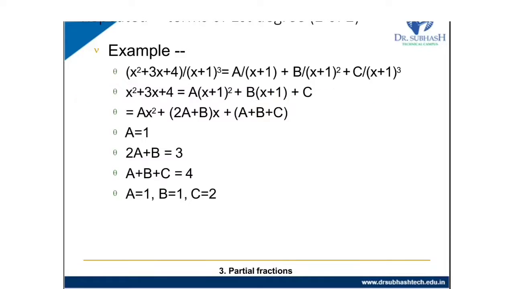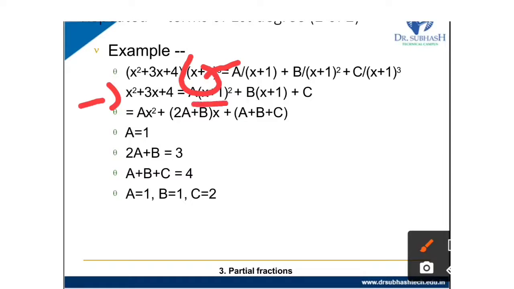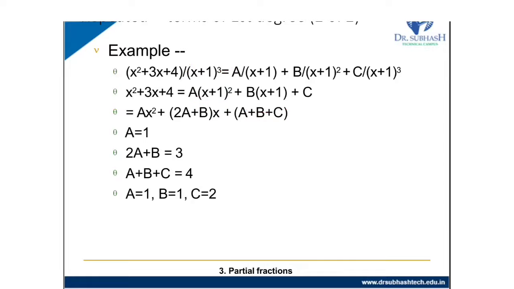So it becomes x square plus 3x plus 4 equal to a times (x plus 1) the whole square, plus b times (x plus 1), plus c. So x plus 1, whatever the denominator, will go to the other side of the equal sign. So it will be multiplied with each term, and we will get here x plus 1 whole square, x plus 1 and nothing. So after that,